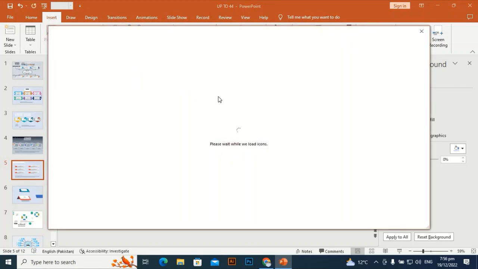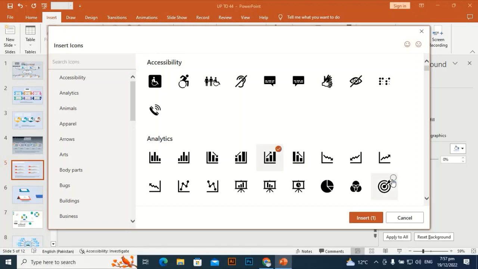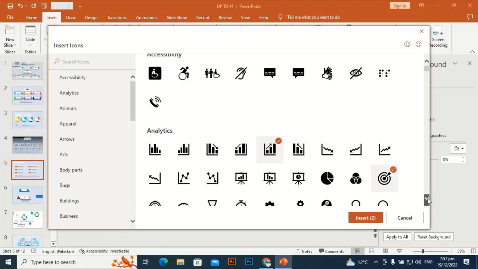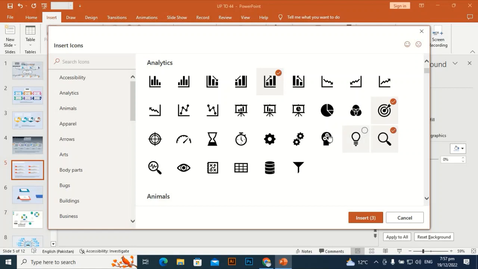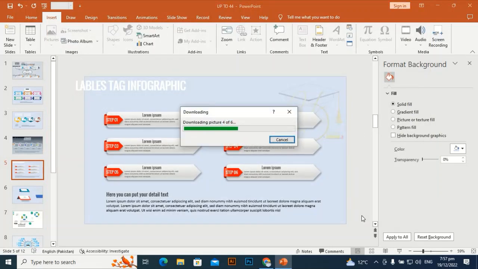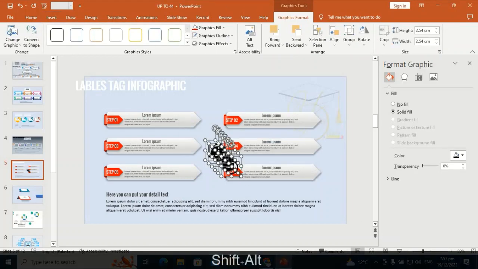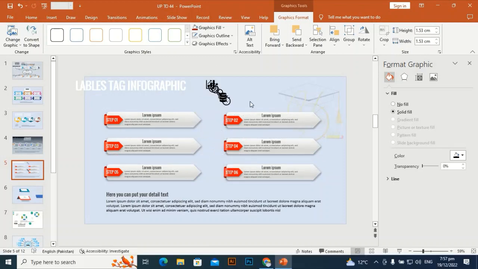We will bring some icon. We need 6 icons for these shapes, and for this text you can bring icons according to your text, and you can find these icons here in insert icon. Bring to the slide by holding shift and decrease the size of the icons. Now place one by one at